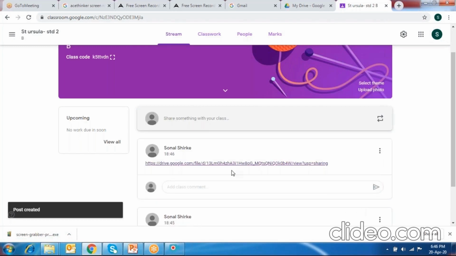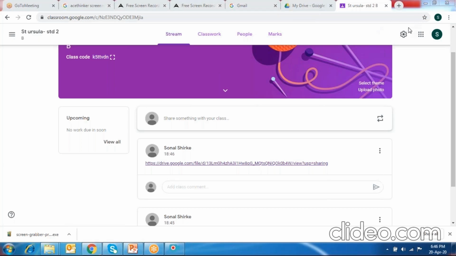So if you all can see, the link which we had copied has already been posted here. So that's the way I share the link to all my students, provided all your students have already joined your class. And for them to join your class, as I said, they are expected to join the class with the help of this particular class code. So that's the way you share everything with your students.